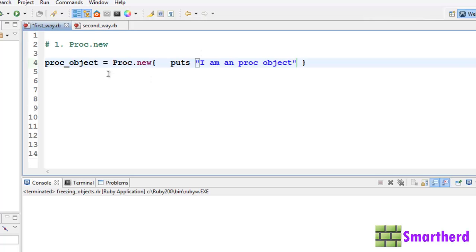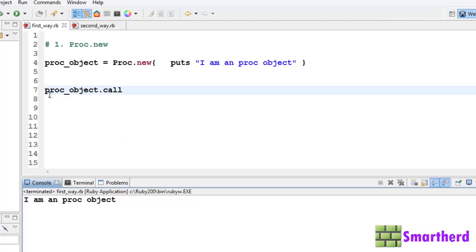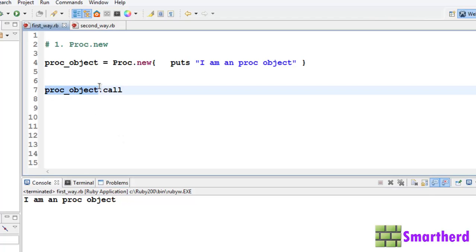Then let us call this block to be executed by means of proc_object.call. Now, let's save it and execute it. Yeah, I am a proc object. This is actually a proc object which contains the code of this block.